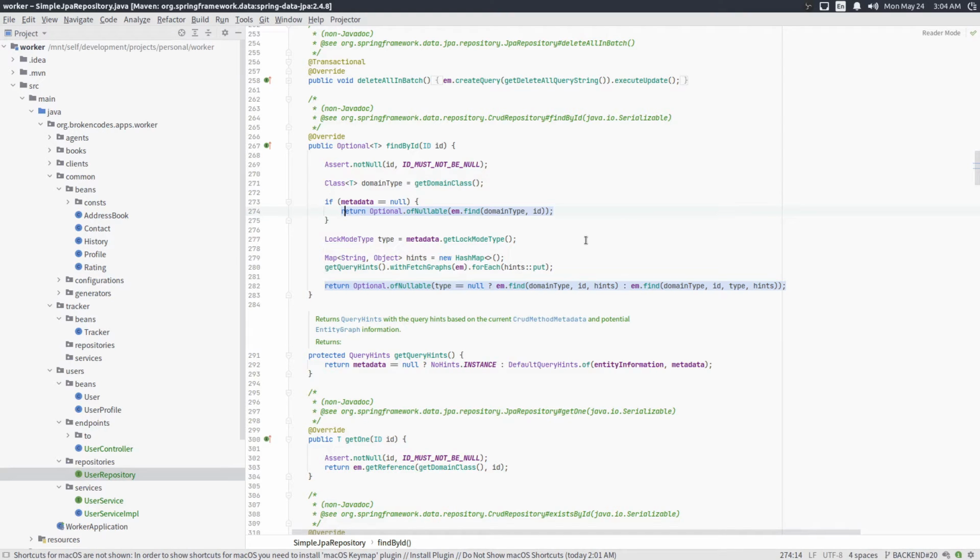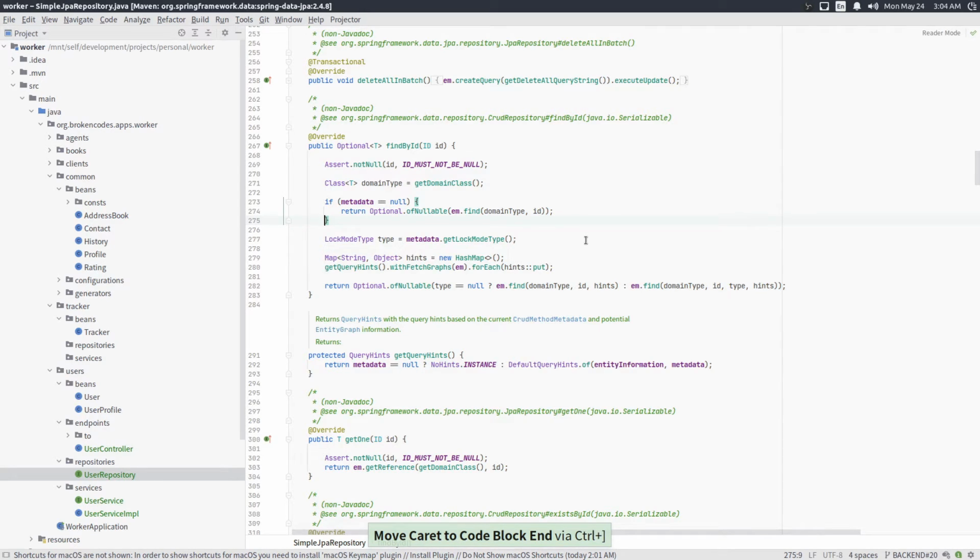So inside of a block of code, control and opening bracket will take you to the start of the block. So if I press control and opening bracket, it takes me to the start of the if condition. Pressing control and closing bracket will take me to the end of that particular thing.